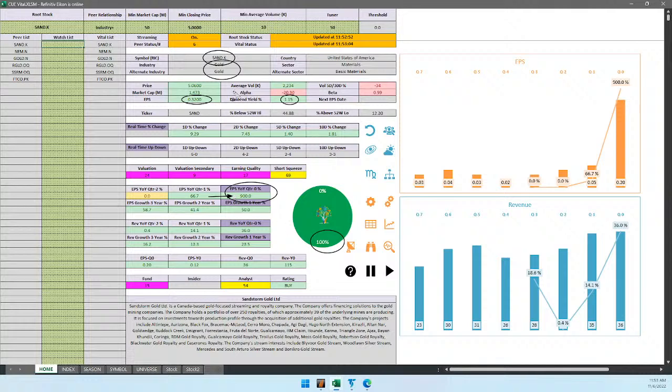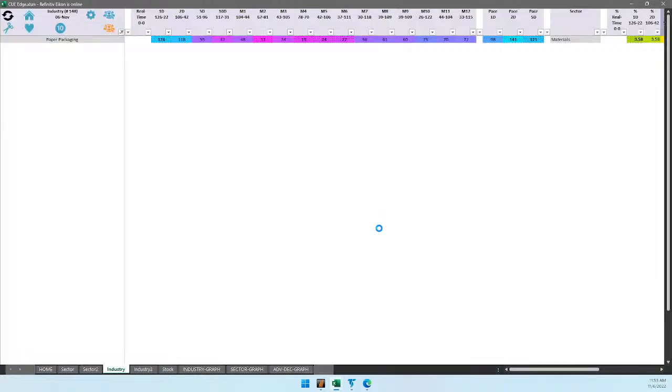Once again, 100% of peer stocks were up on Friday. Both earnings and revenue are accelerating. Year on year, quarterly revenue, year on year, quarterly earnings, both are accelerating. Now, again, let's look back at QH to look at the industry graphs.